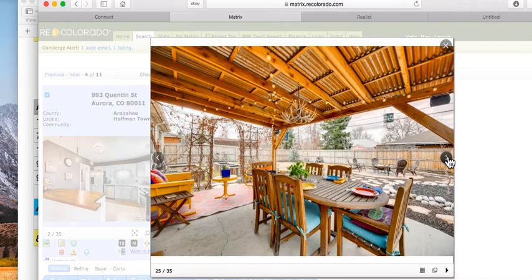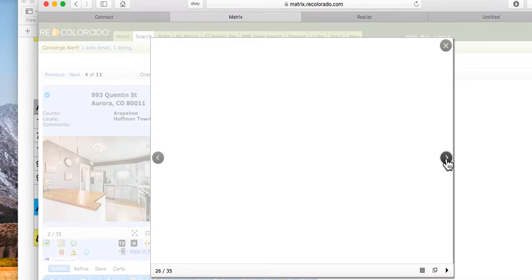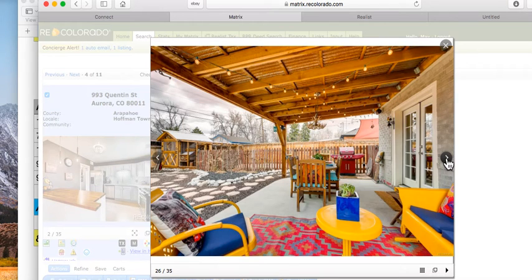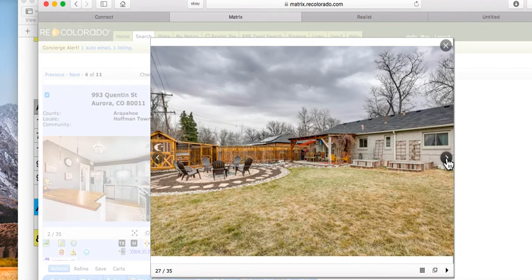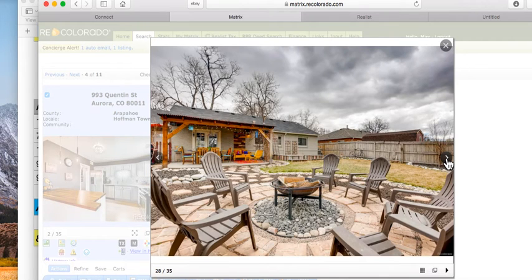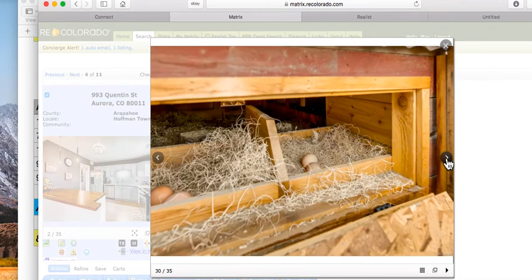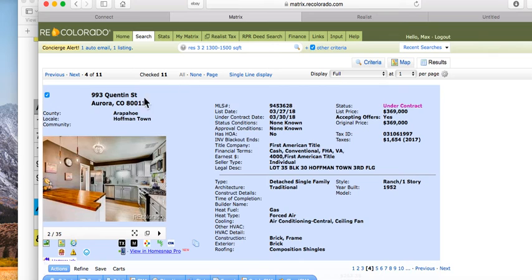And then here's the exterior. Again, really, they've just done everything to this one. This one has a really nice look. The backyard. And they got a chicken coop. Apparently the chickens and the eggs are going to go with. All right, so